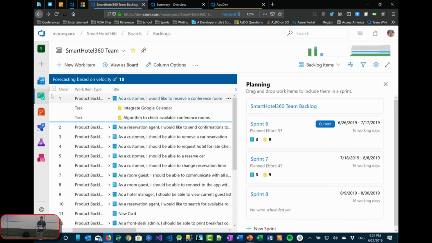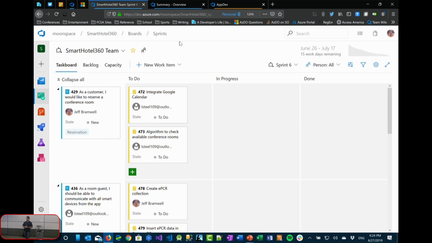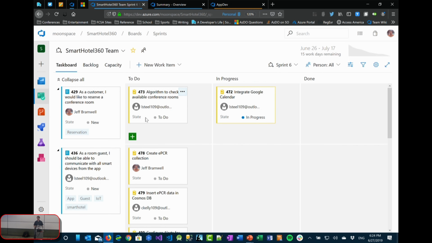There's also something called the sprint board, or the sprint task board. This is a different view on the board we saw a moment ago. The board we saw a moment ago is all the PBIs that have been pulled in or are on the backlog. This board is one that the developers tend to use because it shows the PBIs or user stories on the left. For example, this first one shows I'm assigned to that, and these are the 2 tasks that are part of that user story or PBI. Maybe I've picked up that card and I'm going to be working on this task. So this is the developer view of things, if you will, inside of the boards.